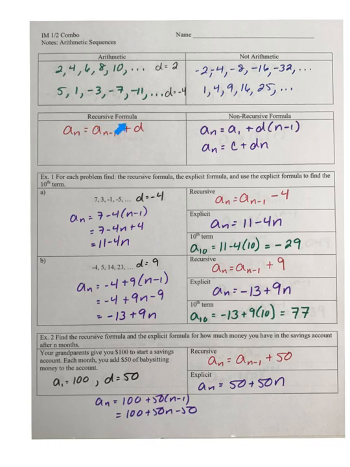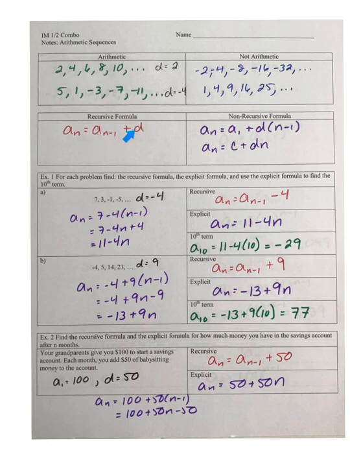Okay, so recursive is the fact that as long as you know this number, you can find the next number. So if I know the common difference is 2, if this is 10, I know the next number is 12. Well, if the next number is 12, then I can add 2 and get to 14. And then I can add 2 and get to 16. So this is the recursive formula where it says take the previous number and add the common difference,